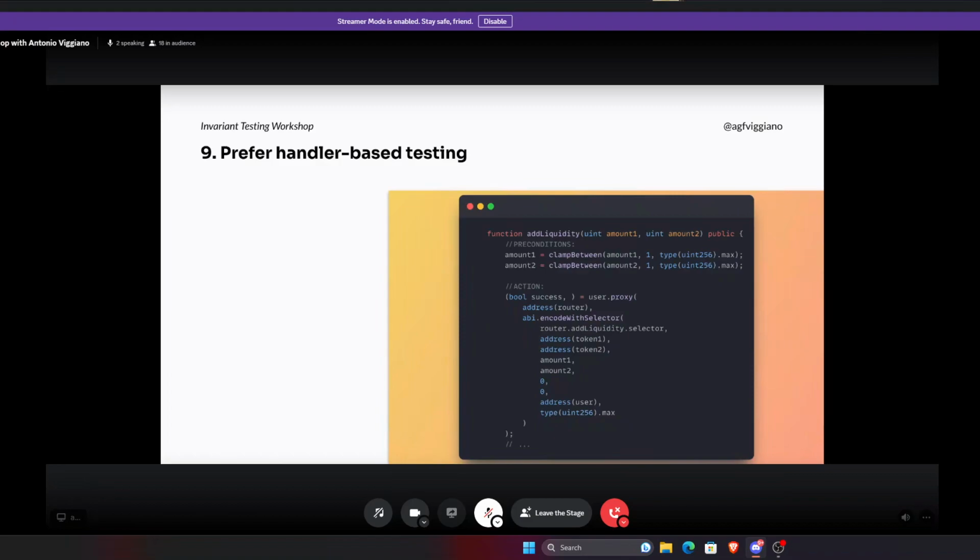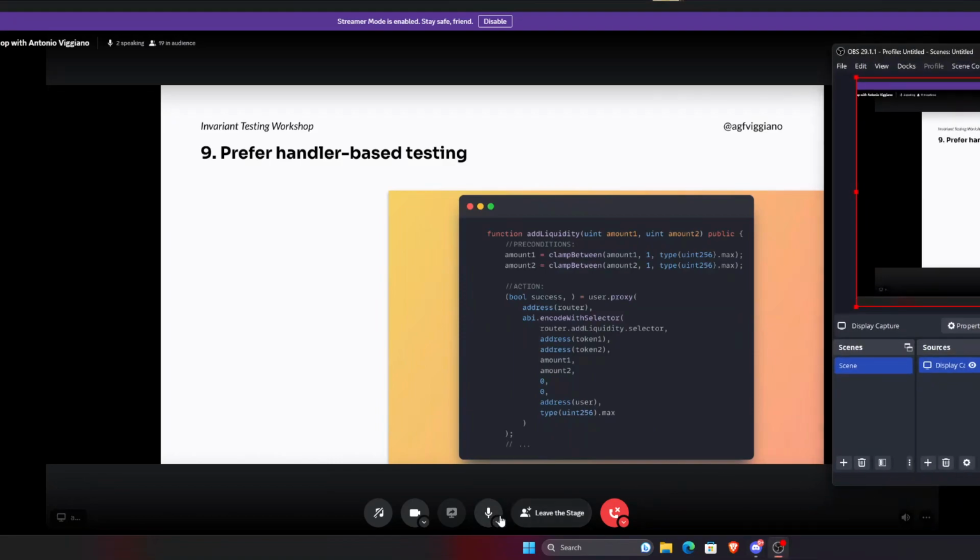And sometimes bugs appear when you have more than one user, or when you started with an empty balance, which is not the case when you have a single contract that is both deploying your target contract and receiving the fuzzing input from the fuzzer. So the idea here,